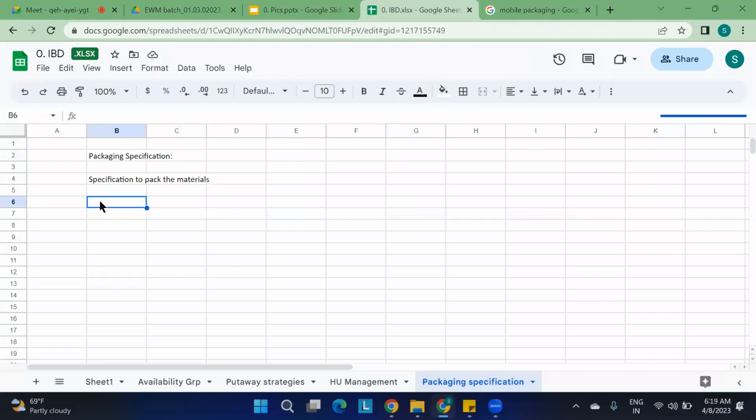Okay. Here we are getting the header. Under that we're going to get the contents. I'll show you what the packaging things and all are. So here we're going to get the levels. Under the levels, elements will be there. If you are seeing the element, it is nothing but the packaging